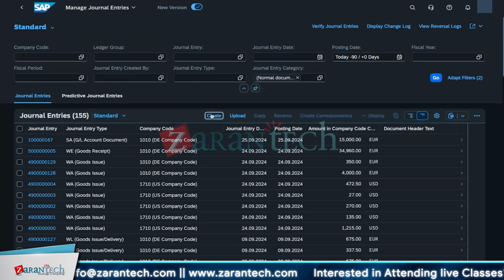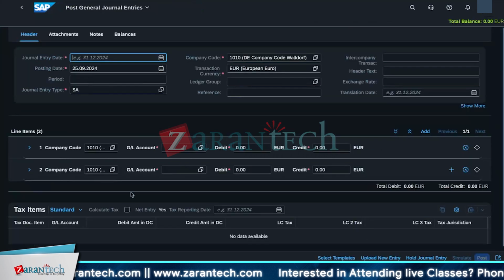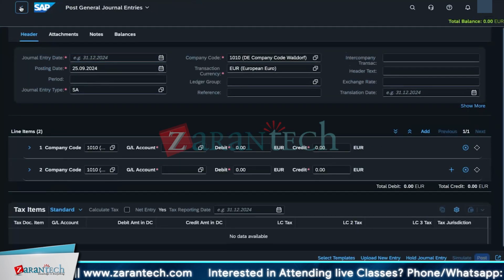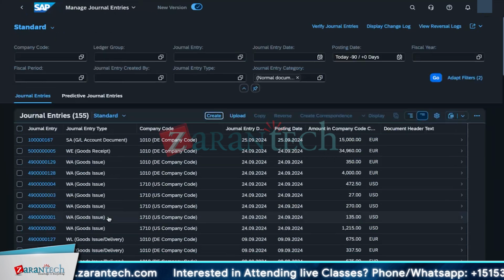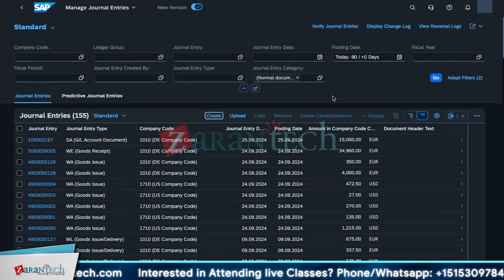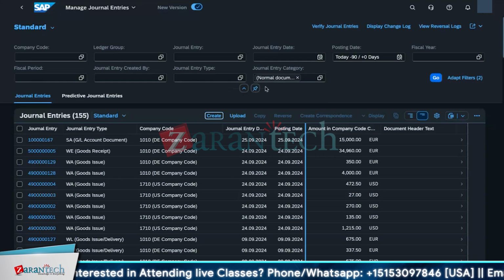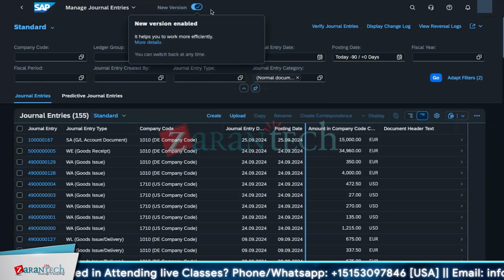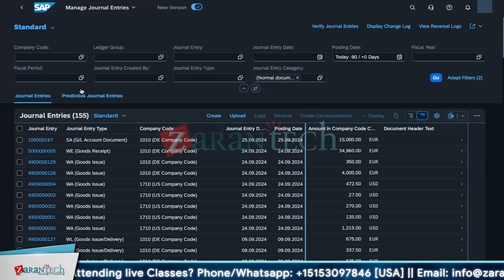So from here also the same kind of things will be there, but it's a totally new app which was upgraded in SAP. You can see the different entries and everything. Like what we have done earlier, the same app has been given with a more UI-based design. You can see there's a new version here. Okay, so coming back to the accrual management,